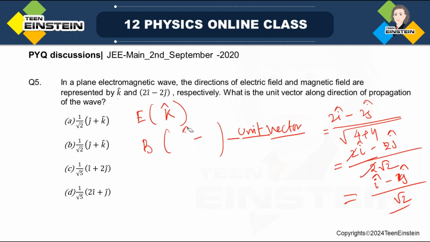The direction is j cap minus divided by root 2. Now how to find out the direction? I have to find out the direction E cross B. So if you use E cross B here,